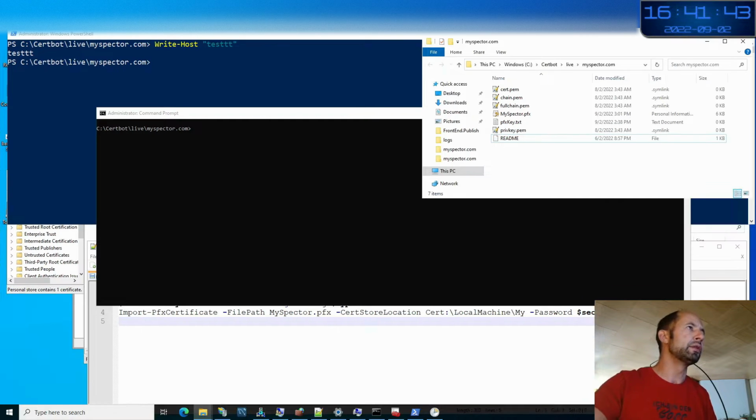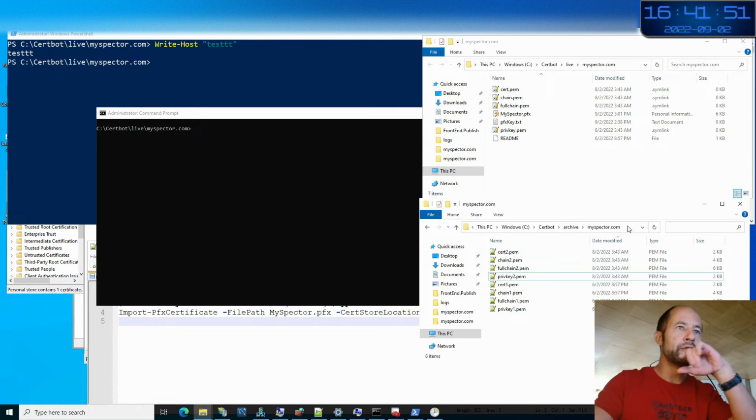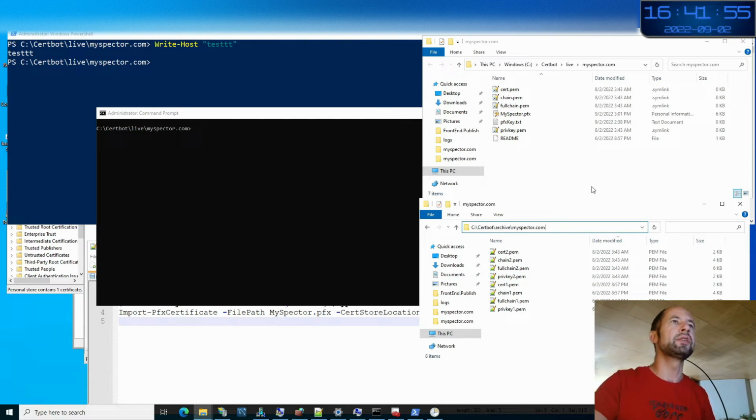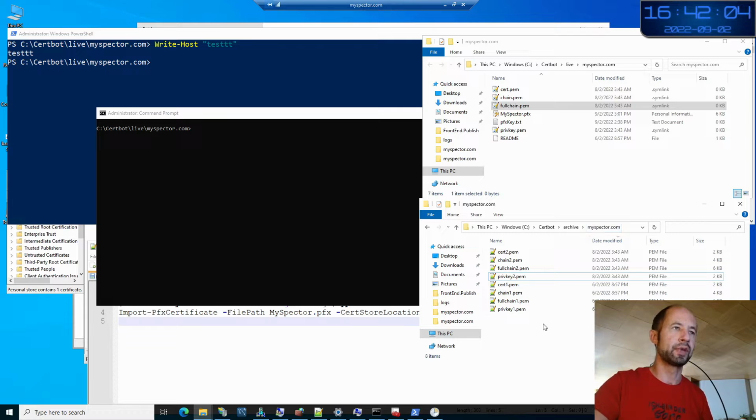As a reminder, on your machine when it is installed, you have two different folders. There is the folder archive here, and there is the folder live. The folder live has some symbolic links to the archive folder.